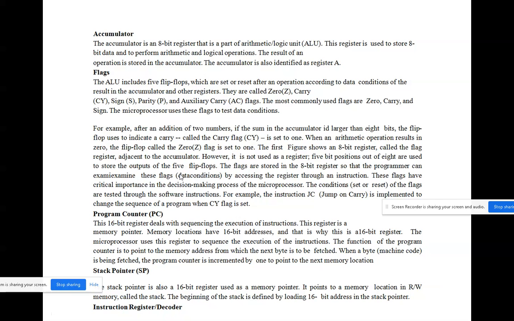Each bit carries a different purpose, used for storing the status of your operation or result. For example, zero, carry bit, sign bit, parity bit, auxiliary carry bit. So the flag register is an 8-bit register, and each and every bit holds the status of a result.